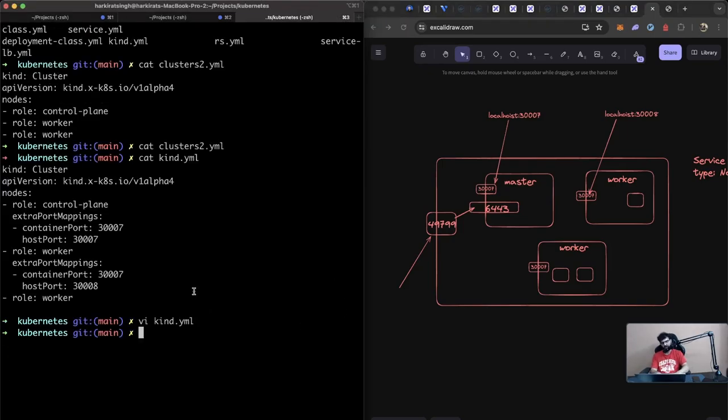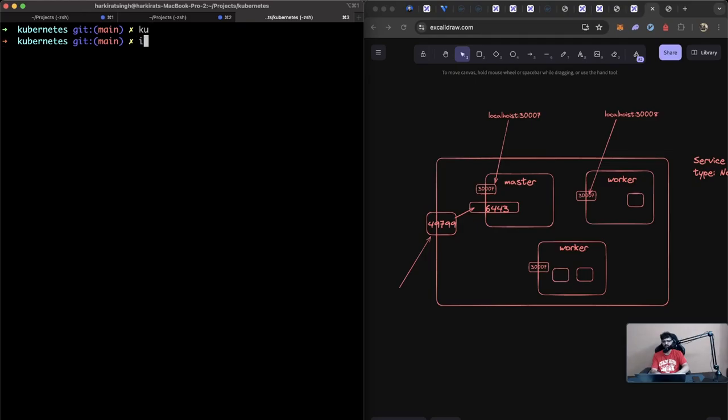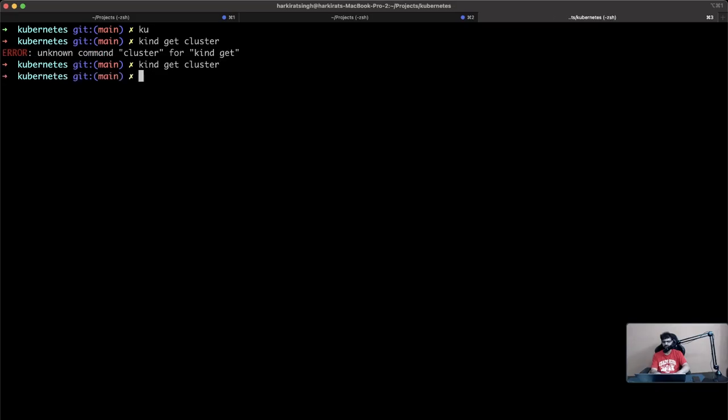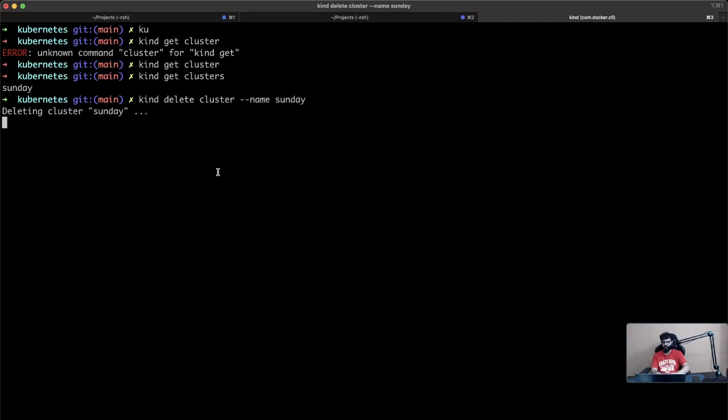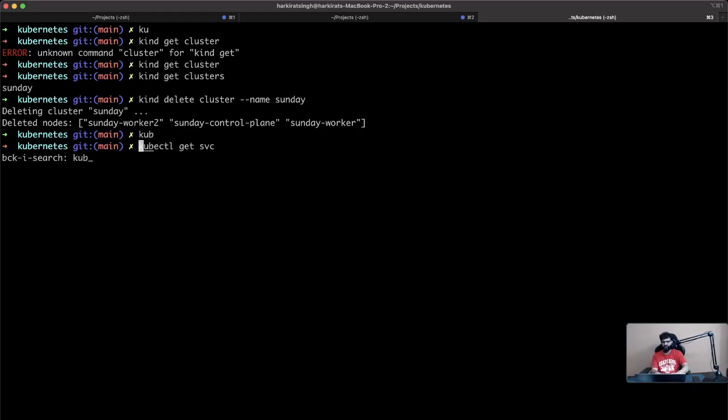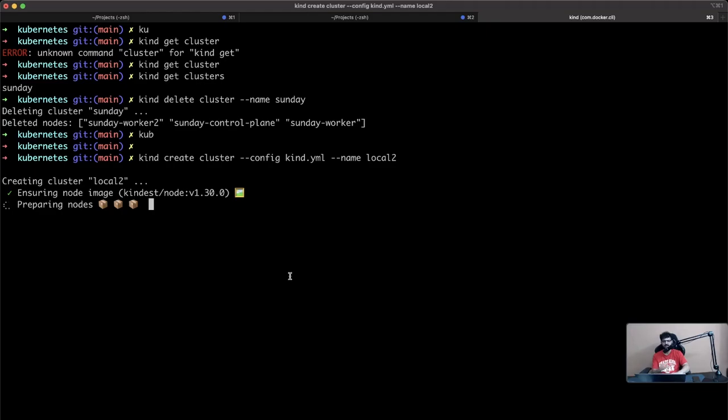If I recreate a cluster now, so kind get clusters, delete. I'm going to delete my original cluster. This will delete everything, stop everything. I will create a new cluster, kind create cluster with the configuration kind.yaml. This file now does have those extra port mappings. If I run this and wait for it to start all the 3 containers,